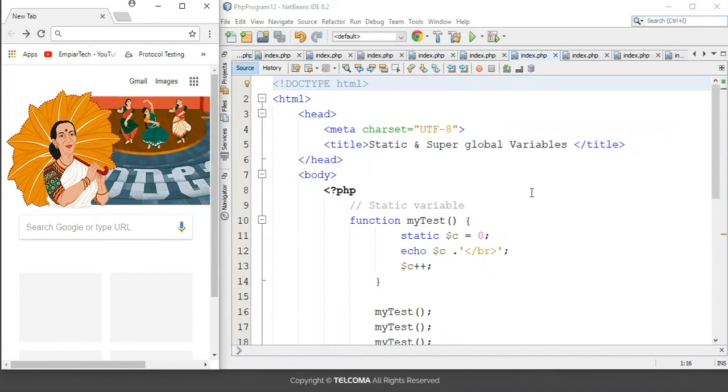So today we are going to discuss the static and superglobal variables. First of all, we are going to discuss the static variable. As we know, when a function is completed, all its variables are deleted. So when we need the local variable, we don't want to delete it. For that, we will define the variable with the static keyword, and we can use that variable for the